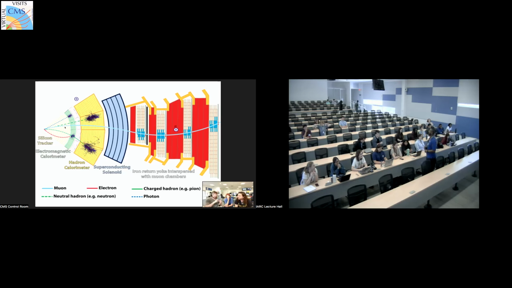And so in this picture, it does identify each particle. It shows they all stop at a certain layer. Your question was about the energy deposited in the ECAL. It's kind of the opposite. It's the fact that the particle deposits energy all the way out in the muon system that tells us it's a muon. If a particle stops at the ECAL, it's much more likely just an electron or a photon.